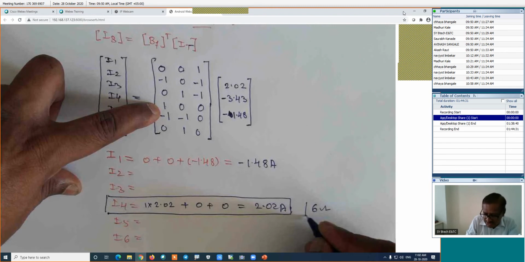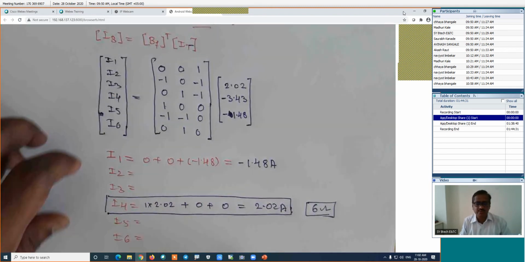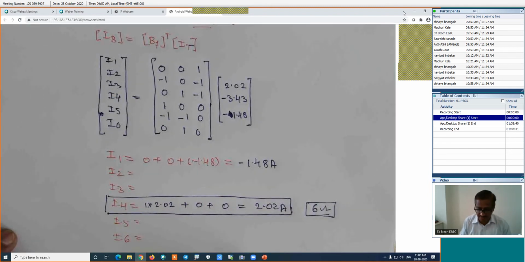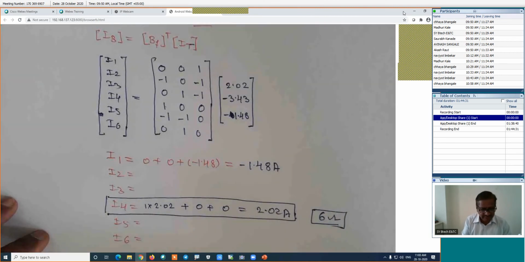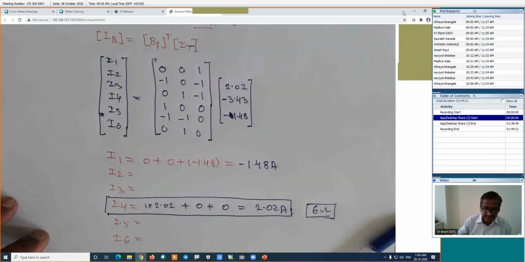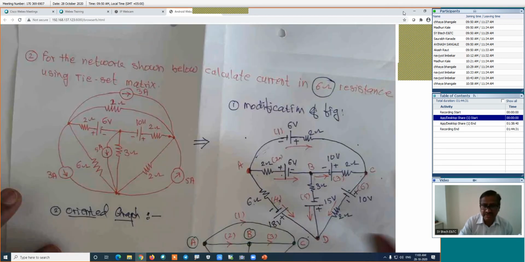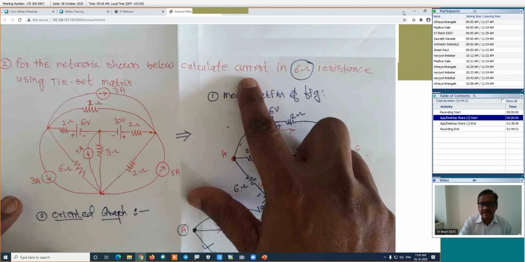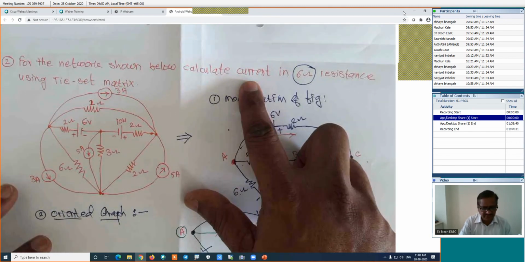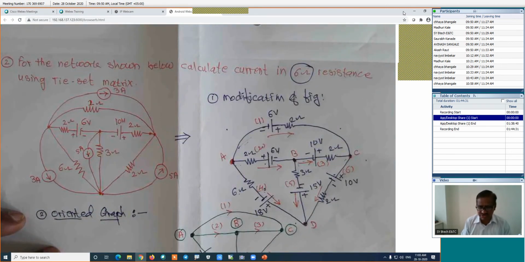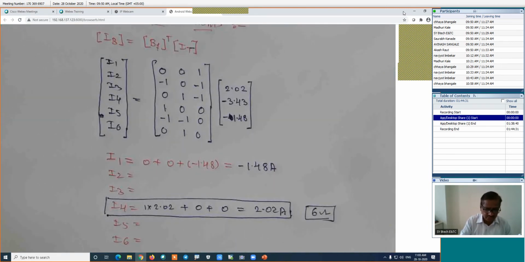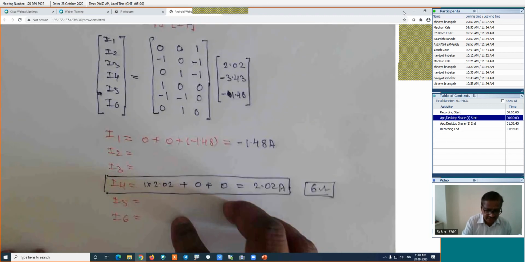This is the calculation of the current in the 6 ohm resistance. That's it about this problem. Is it right? There may be an extra step which can be asked. How is the extra step? In this case, they have asked for the calculation of the current. If they ask for the calculation of the current and voltage in the same branch or in all branches, if it is in all branches, then we have to calculate the current, that is I1, I2, I3, I4,